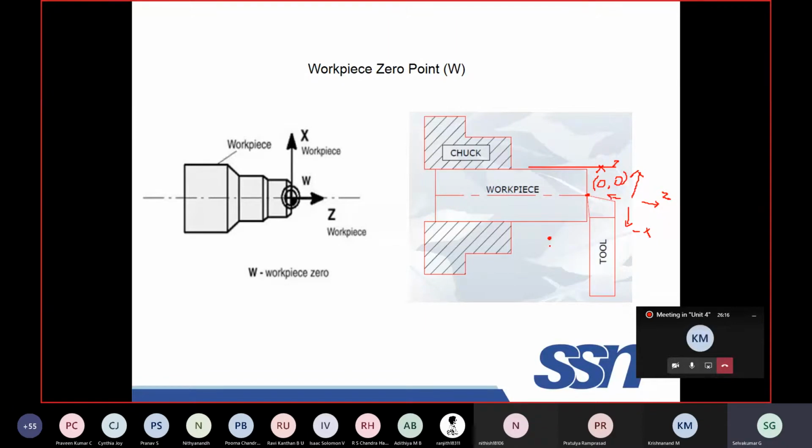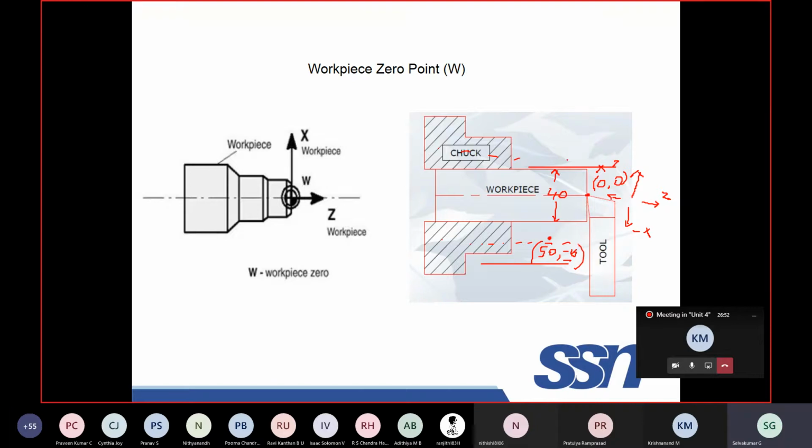So suppose this point, let us say, is some 40. In that case, this may be 50. The corresponding Z value will be from here to here, say minus 10. It's an example. Okay, 50 is referring to the diameter. This location means the system will understand this as a job value, and this point is taken as the diameter value 50. Why is the minus 10 taken? We are moving to the left hand side, therefore it is minus 10. This is the value of Z.